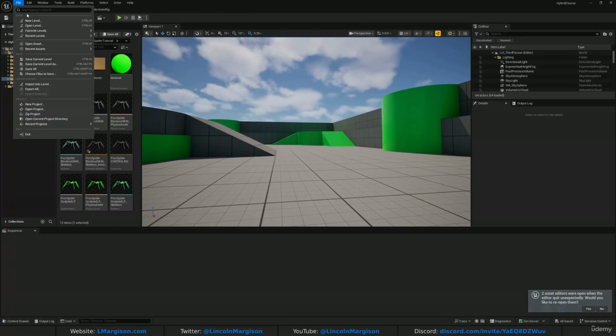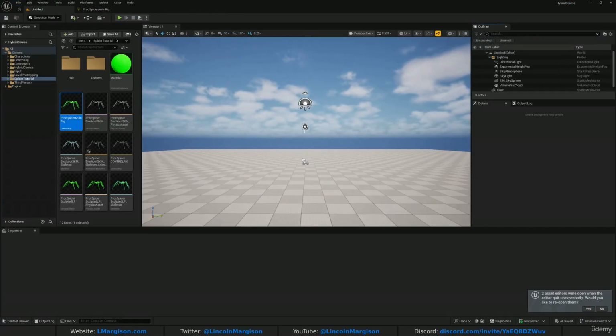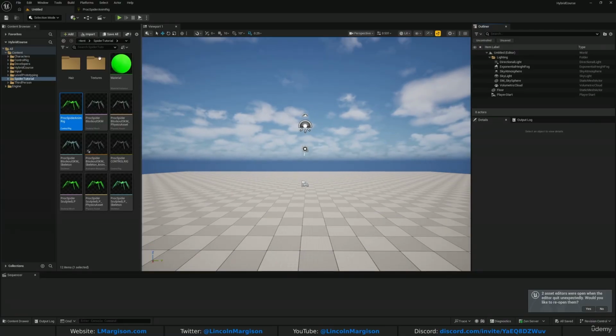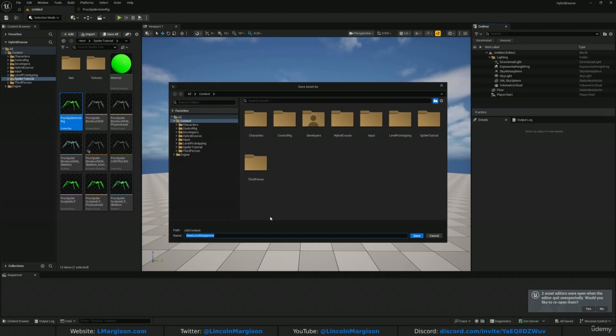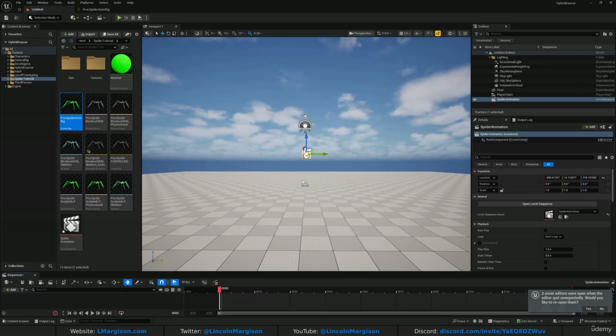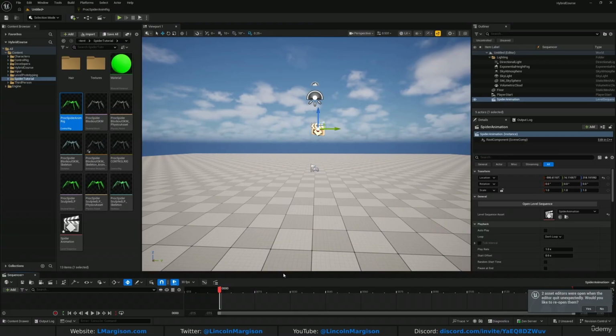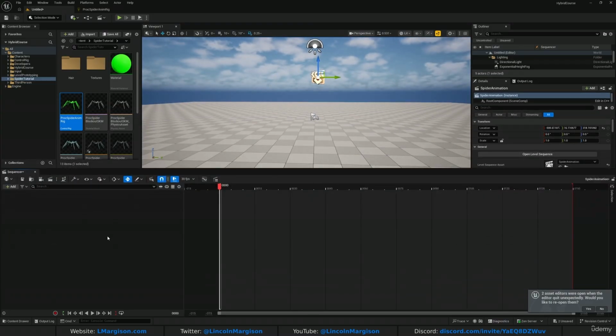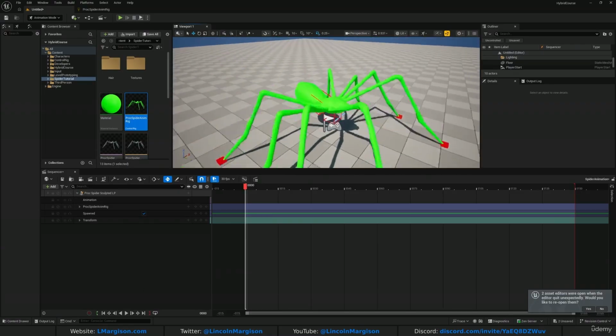So I'll create a new level, empty, or basic. As we've done before, drop down here, add level sequence, and I'll put this in the spider tutorial folder. So if you've downloaded the course, that's where you'll find it. I've got spider animation, and instead of just dragging in the skeletal mesh to here, like we've done before, we can just drag our proc spider anim rig directly. So I've got the spider there,